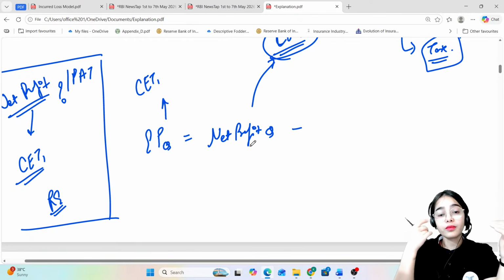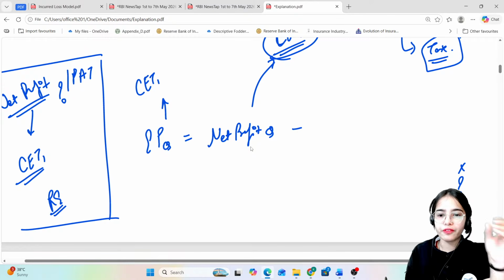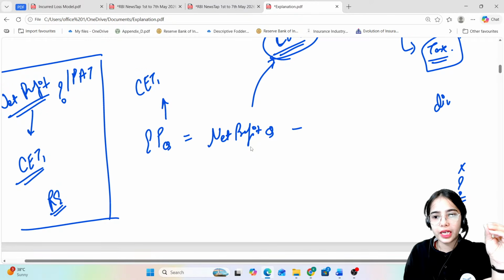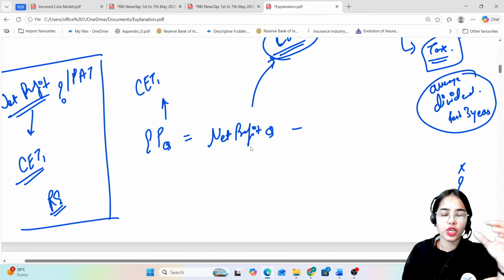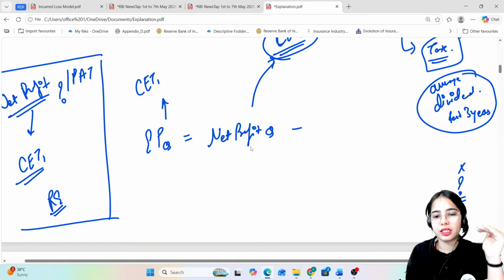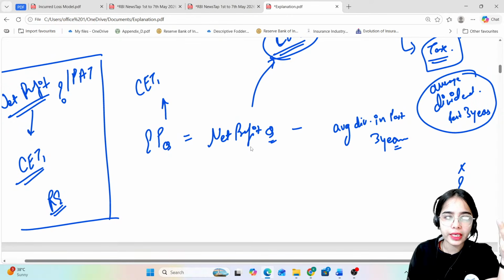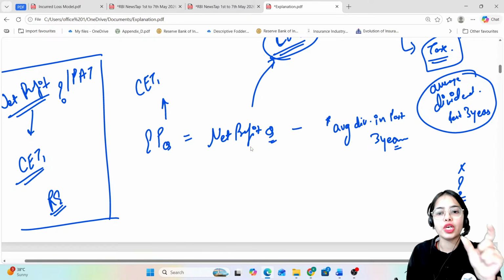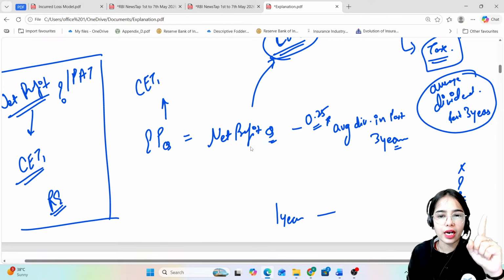So it has been said, how can we determine the quarterly dividend? Instead of seeing the quarterly dividend, we take the dividend in the past 3 years. We take the average of the dividend in the past 3 years. Now this is the data for the yearly. How are we comparing the yearly data with the quarterly data? For this, we have to multiply the average dividend in the past 3 years with 0.25, because in 1 year there are 4 quarters.